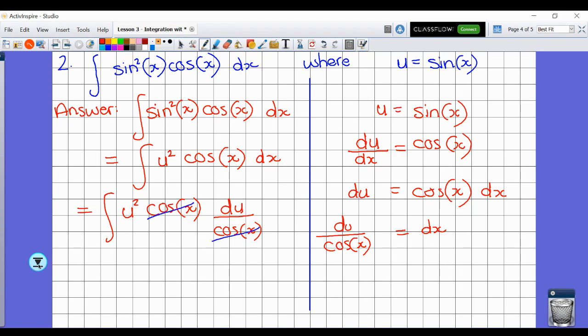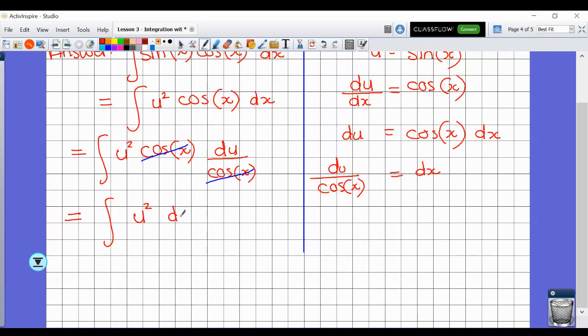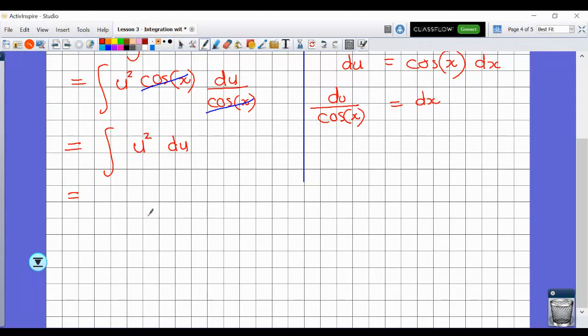And like I said before, this turns into a very nice question, because it is just the integral of u squared du. So what we're going to do is just integrate this as normal. So increase the power, divide by the new power,